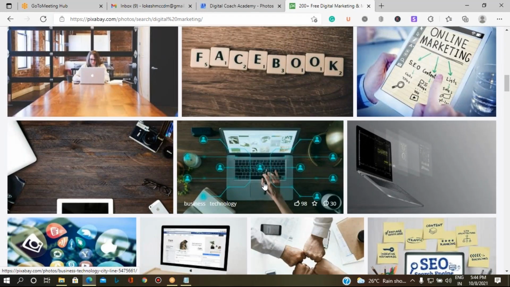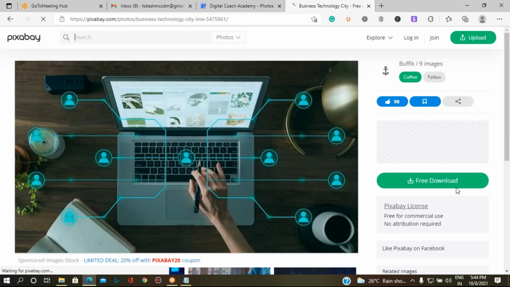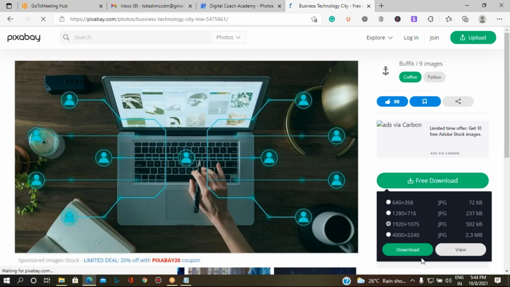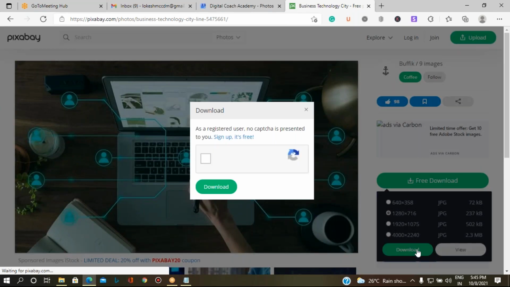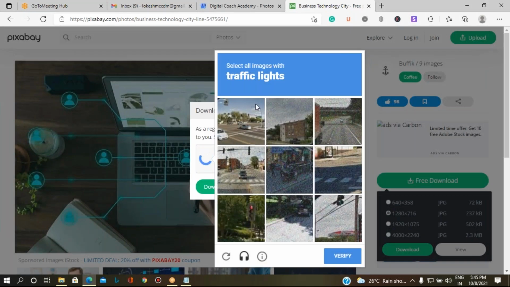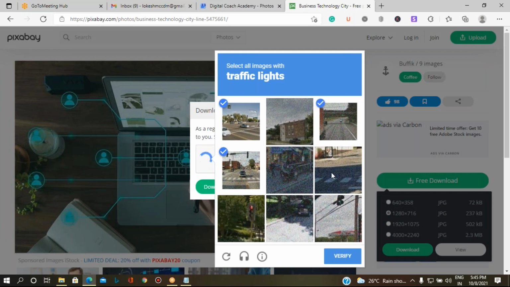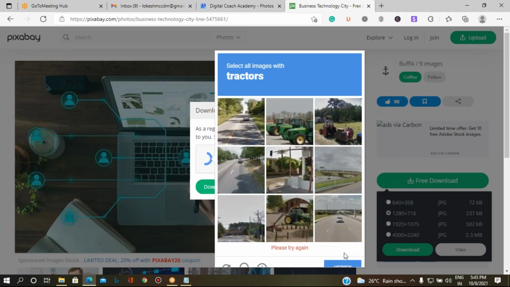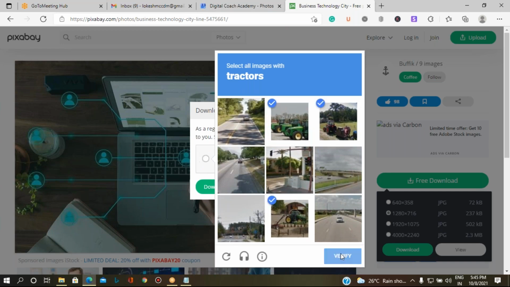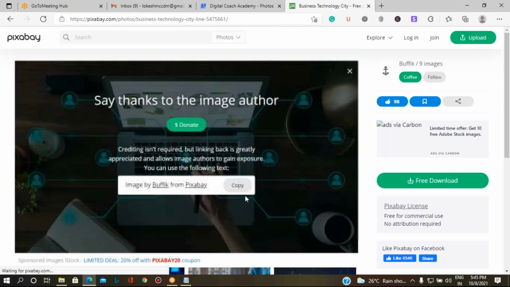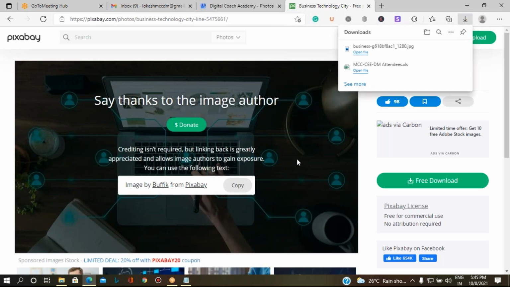Let me select this. Here you can click on free download, select the resolution, and let me select this. Okay, so it has been downloaded.